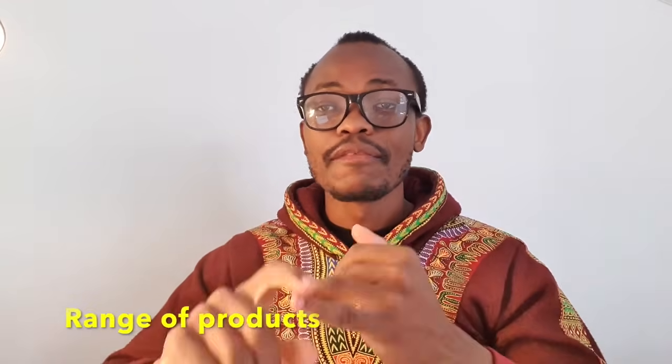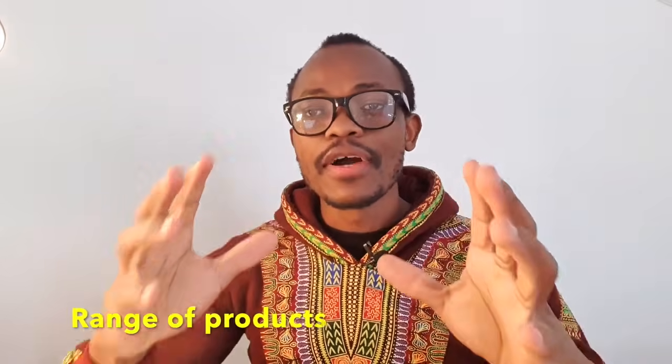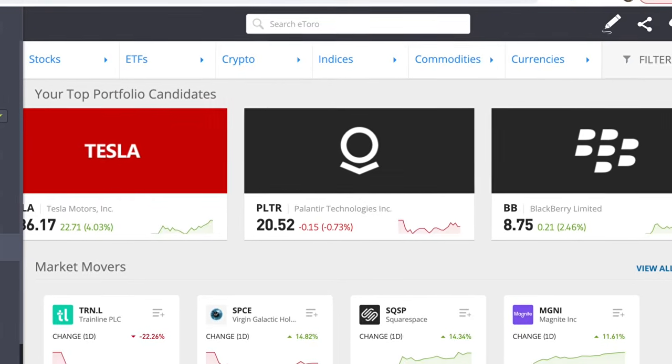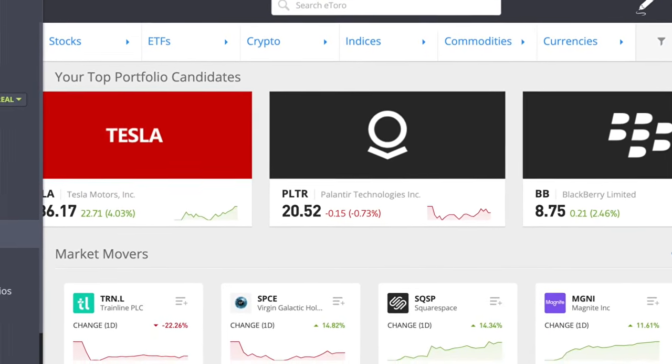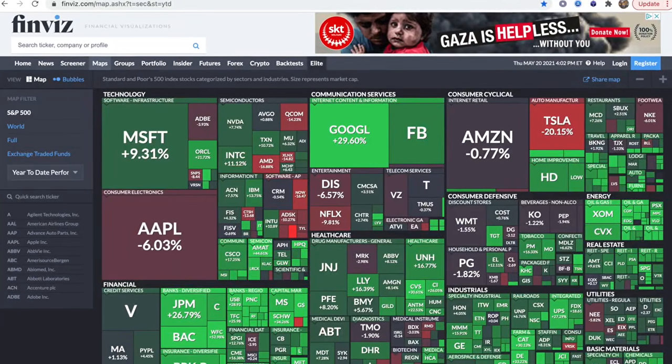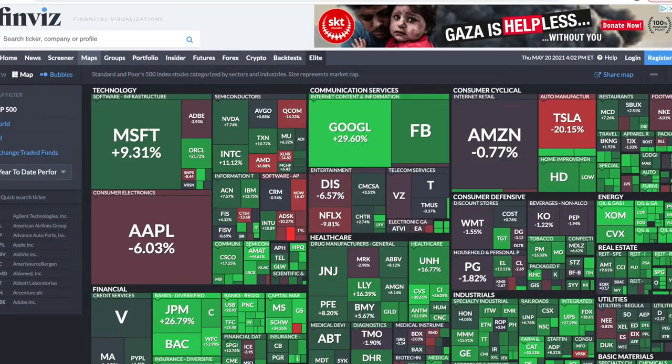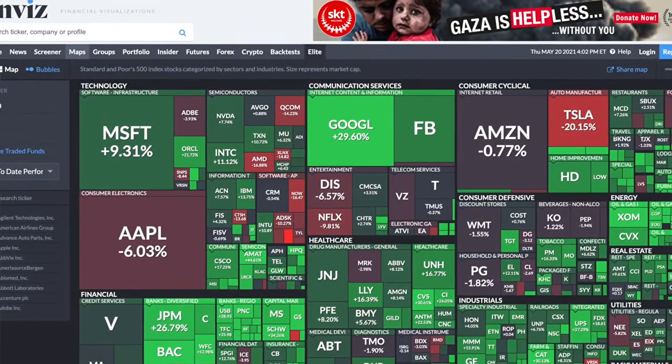Then number three, which is also very important, the products you find on a particular broker's platform. So eToro has hundreds and hundreds of them. They have a huge selection, like a shop. So instead of going to a small supermarket, why go to a big supermarket where you have so many options? In eToro, you will have access to indices from the US or from all over the world where you want to. There are ETFs, which are the exchange traded funds, which are basically collections of particular stocks already made for you. And then we have different commodities which you can trade: silver, gold, anything you want.